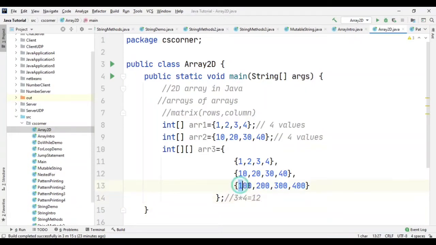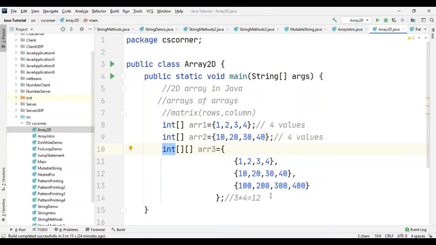Now why am I taking only values of type integer? Because my arr3 is of type integer. As we already know, an array stores what? Values of the same kind or same data type. So here we have to pass values of the same data type. It's not that you have different rows and columns, so you can pass different types of values, like here you can pass integer, here you can pass float, here you can pass string. It's not at all like that. The values are going to be of integer type only.